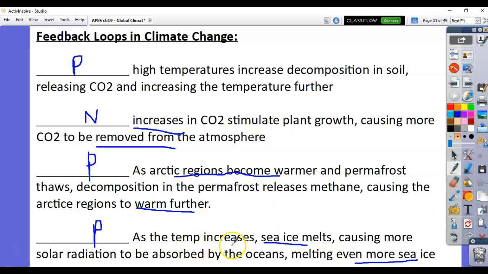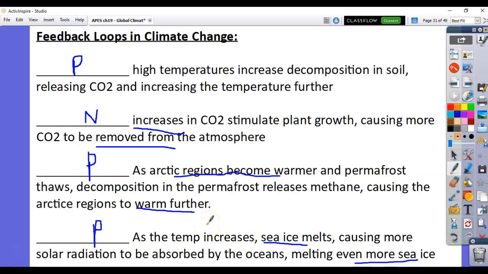And then down here, the sea ice, so those are like icebergs, that's going to melt. Remember we talked about albedo being the reflecting of that light. So ice is a really good reflector because it is really shiny, it's not very dark. So when the sunlight hits it, it reflects back up into space and it's not absorbed by the ocean. When that sea ice is gone, then all the sunlight goes into the ocean, it's absorbed, and then that causes more sea ice to melt.